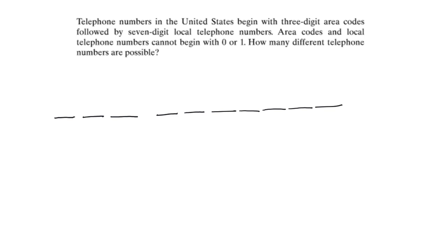All right, so area codes and local telephone numbers cannot begin with 0 or 1. So they're giving us a limitation on here. And the question is, how many different telephone numbers are possible? So the first thing we want to do is figure out what kind of numbers we can use for these values. So if you think about it, we can use the numbers 0, 1, 2, 3,